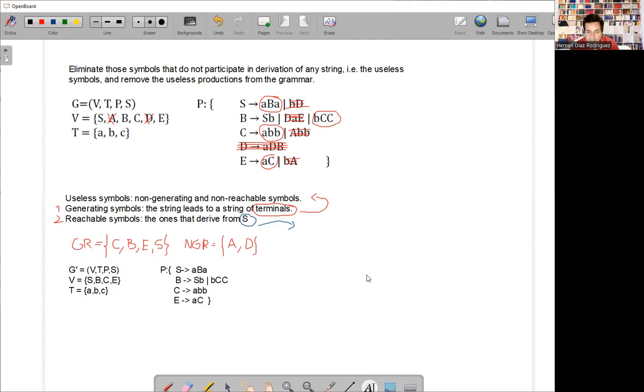Right, so after the first step, the grammar is already simplified, right? This was the first step. Now let's go to the second step,